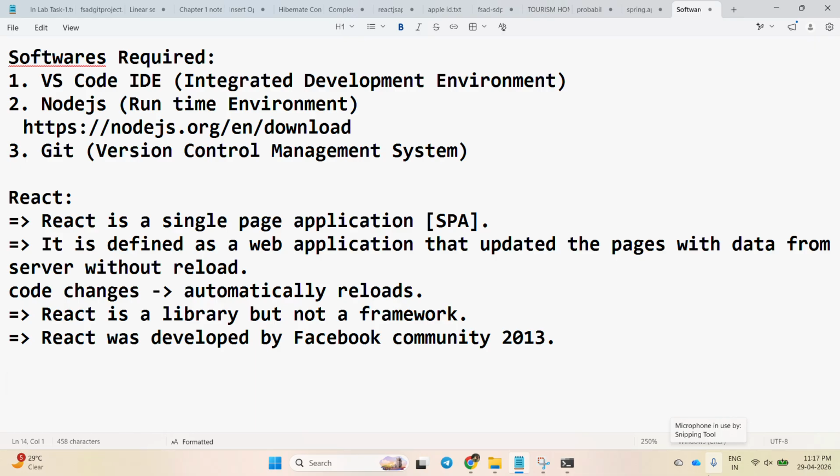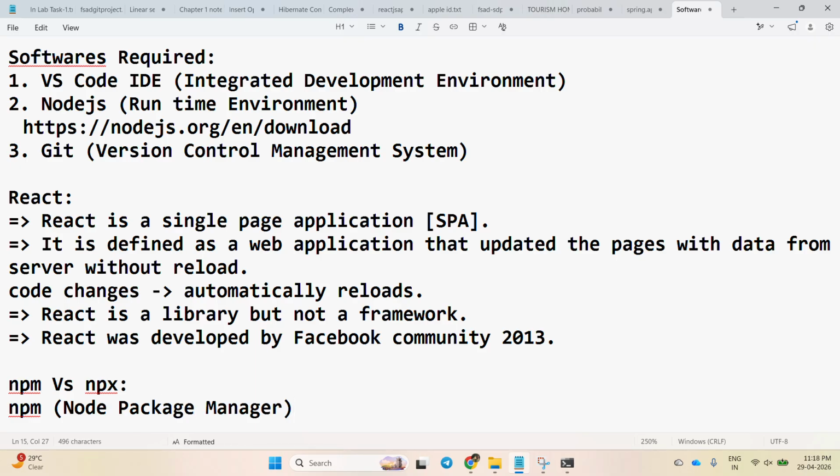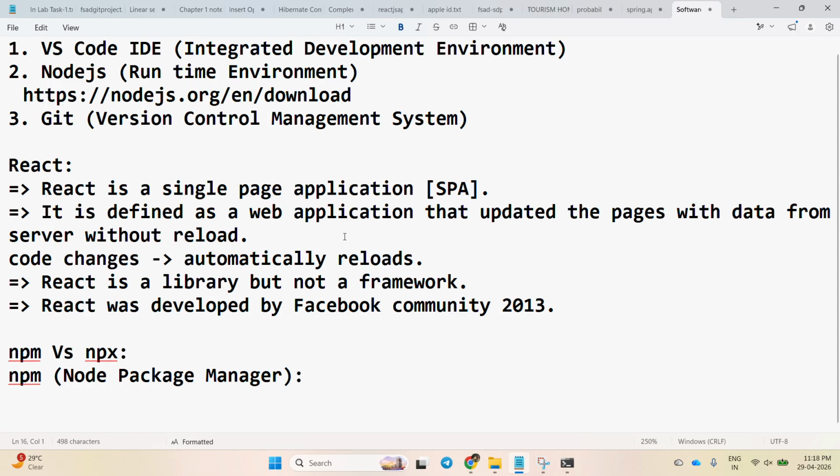Now next, in React we use different commands. Before entering into different commands, you need to know the difference between npm and npx. npm versus npx. So what is this npm? npm stands for node package manager. What does this node package manager do? It is used to